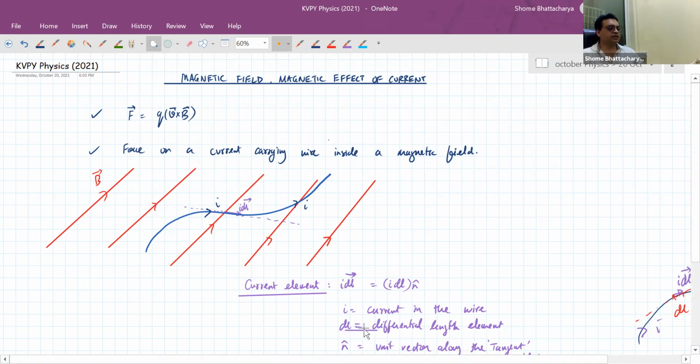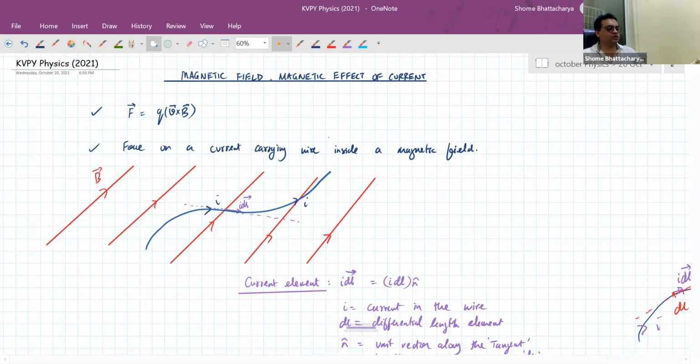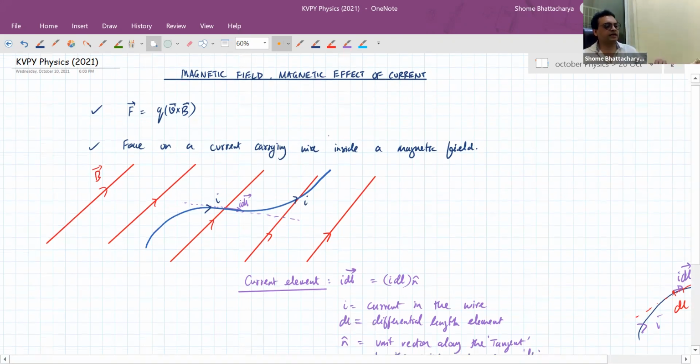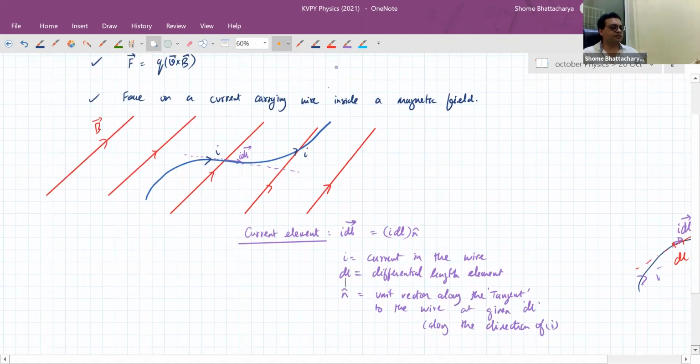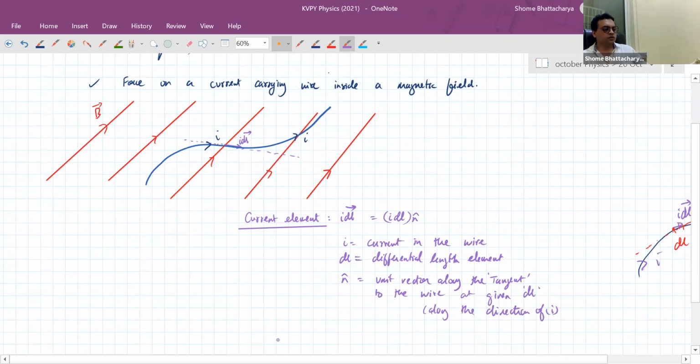And those electrons are experiencing a collective amount of force, which is basically the magnetic force acting on that wire, because there are charged particles moving inside that wire. So there is also a way to derive this formula, which I'm writing next, but we will not get into the derivation. So next we will understand the magnetic force